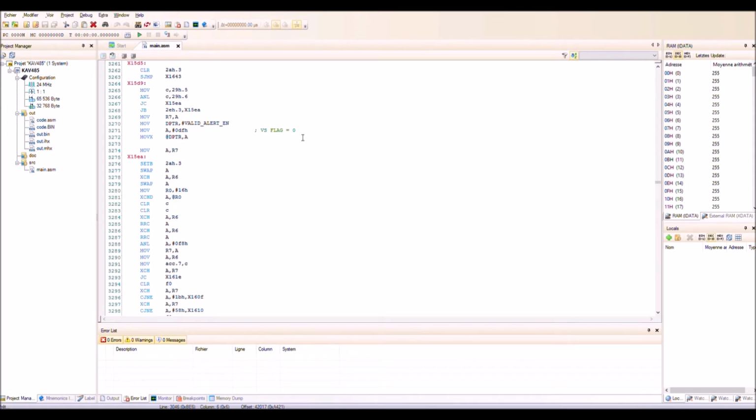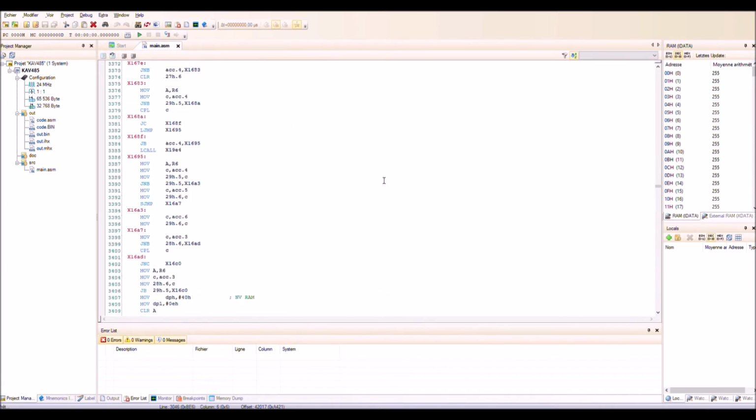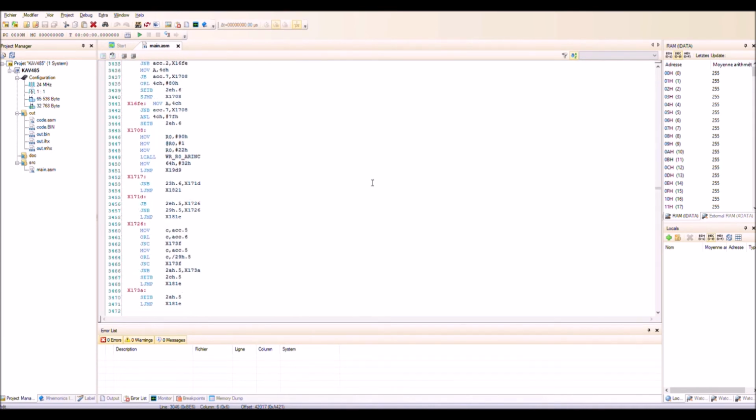There is also the reset of the vertical speed flag on this line. And this routine is very long. You can see this code.